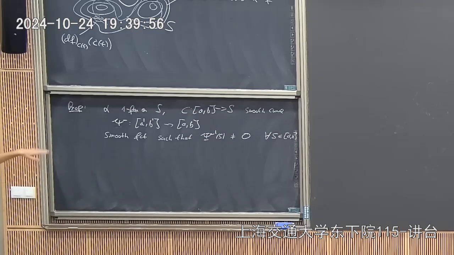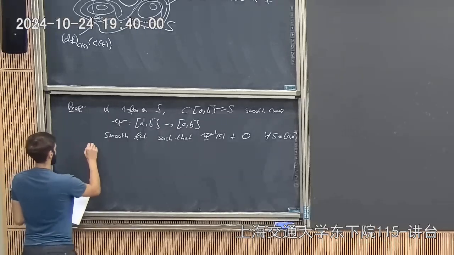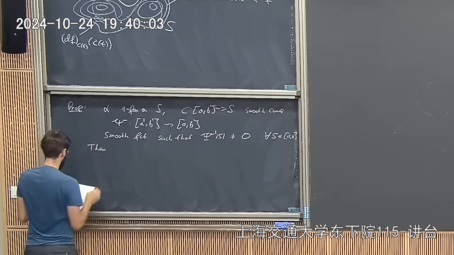So we have such a map with non-vanishing derivative, and then the proposition is seeing that